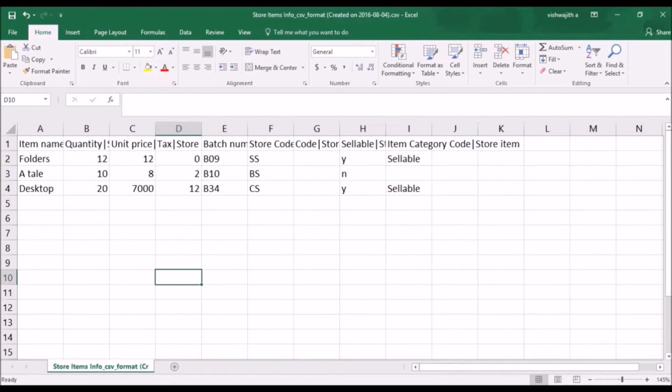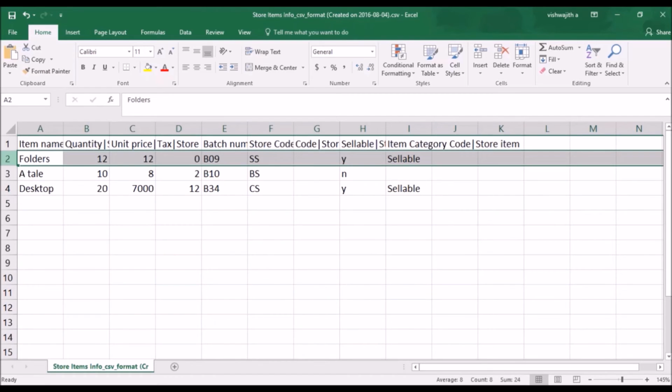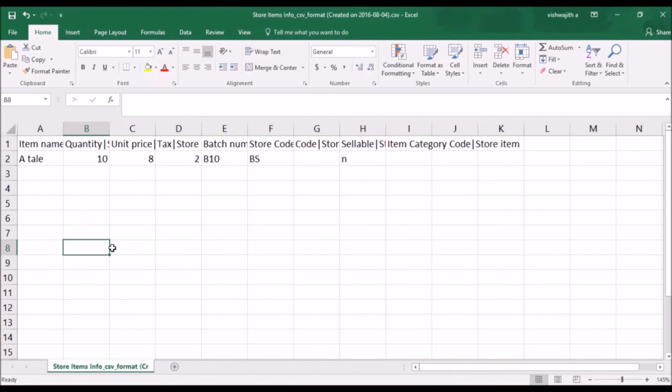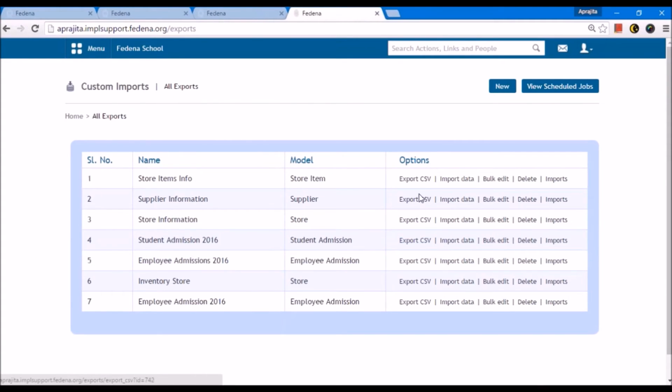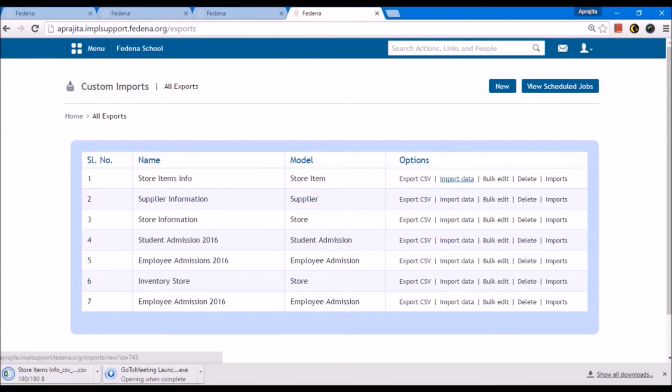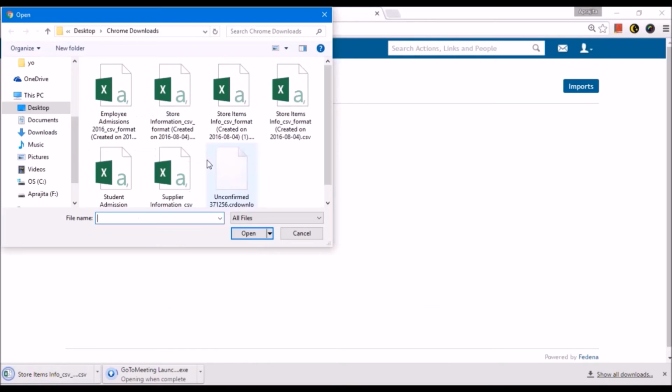So in this case, let me change the same. After changing, I will upload only this row which was not successful into the system because the other two information is already there. So I am deleting this information now. And now to upload this, I will click here on import data, choose the file that is store items information